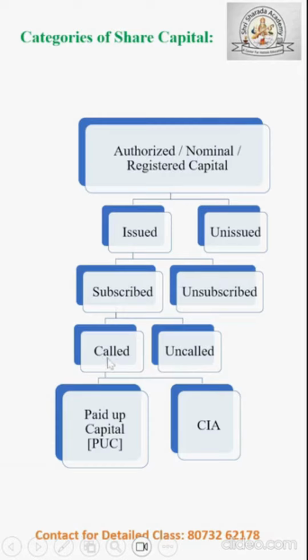Out of this 59,000 shares into 7 rupees, let's say 58,000 shareholders have paid fully, and that portion is known as paid up capital. 1,000 shareholders fail to pay the allotment money, and that portion is known as calls in arrears. So this is how we can understand all these